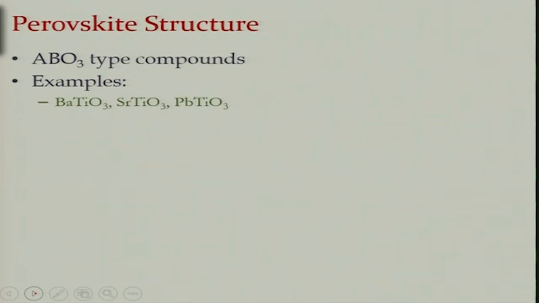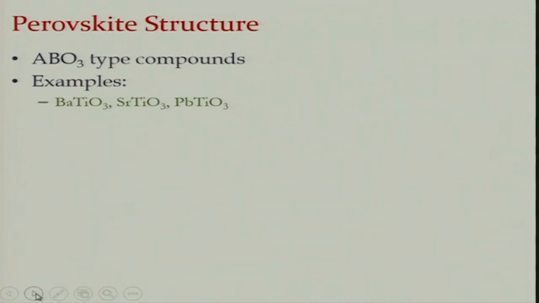The next very important structure in this series is the perovskite structure, which many of the dielectrics follow, especially non-linear dielectrics, and these perovskites are basically ABO3 kind of compounds. So you have 2 cations A and B and 3 oxygen atoms, and there are plenty of examples of these materials such as barium titanate, strontium titanate, lead titanate, potassium niobate, bismuth ferrite. A lot of these